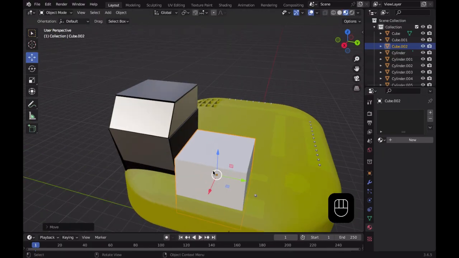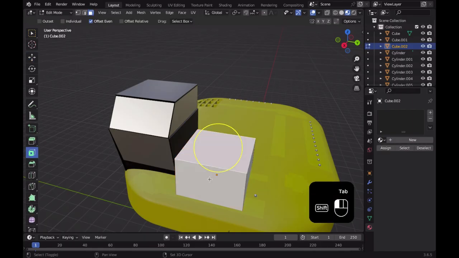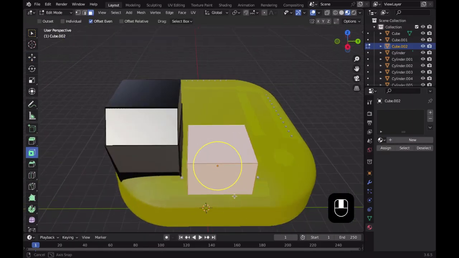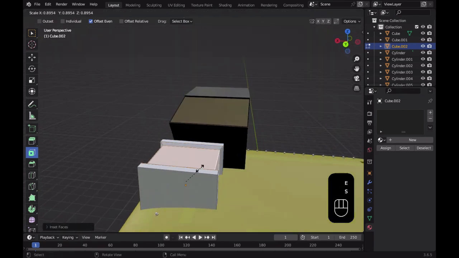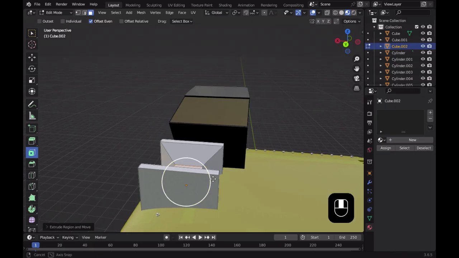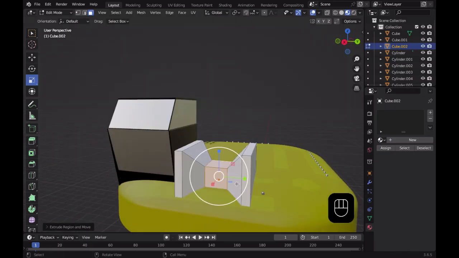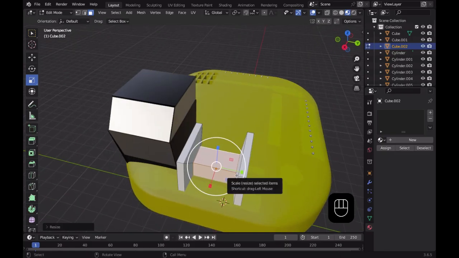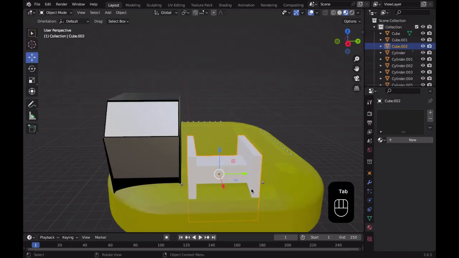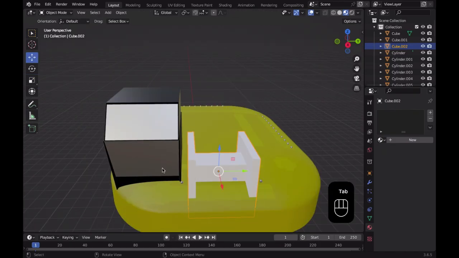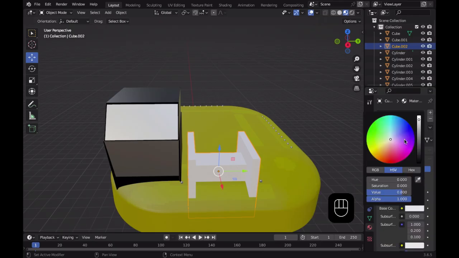Going to make it like this. We are going to click tab. We're going to select these two faces, well, these three. We're going to select it like that, and then we're going to press E, and we're going to go inwards like this. And then what we're going to do, we're going to scale it outwards in this direction, so it's like this. So it's a bit more like a. You'll understand why I do all this, and yeah, like that. And apply the scale, so you can Control A. Apply scale, and then we click here, we add a color, we go, let's say like